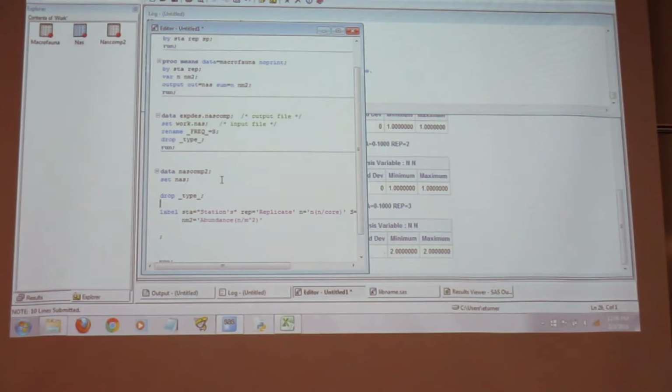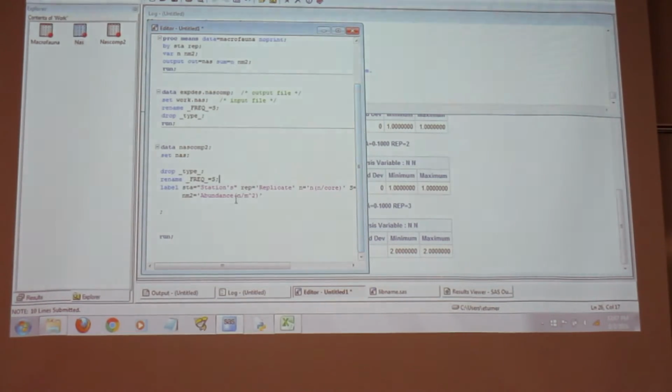Okay. And I also want to rename. Okay? Just like we did before, right? So it's the same thing we did earlier, but now we know what those mean.